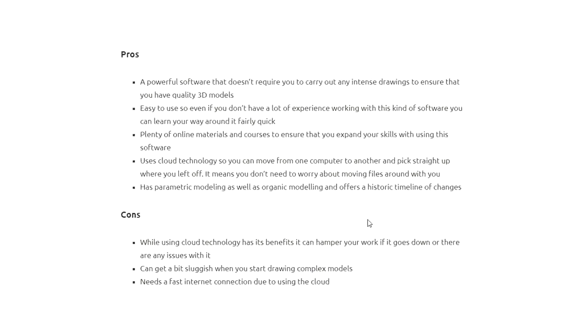Also, if you have a trial version or student version, you can't maintain secrecy, because all the data you create has to be saved in the Autodesk cloud, and they can make it public if you don't use a premium or paid version. They can make the data of your work public. Okay, this will be the cost, and it requires a faster internet connection compared to other tools. So these are the cons.